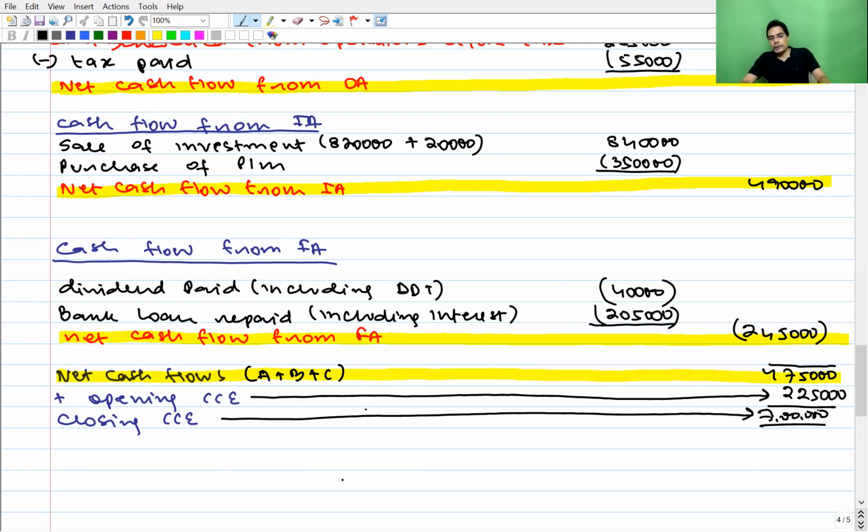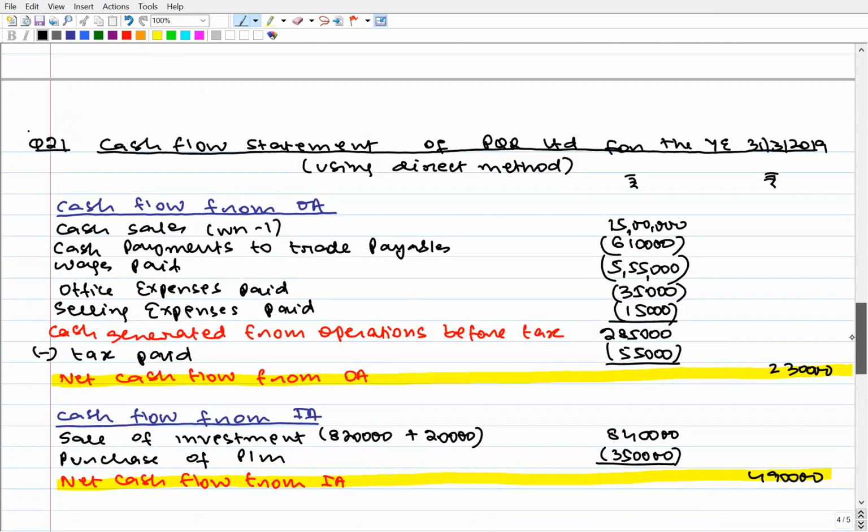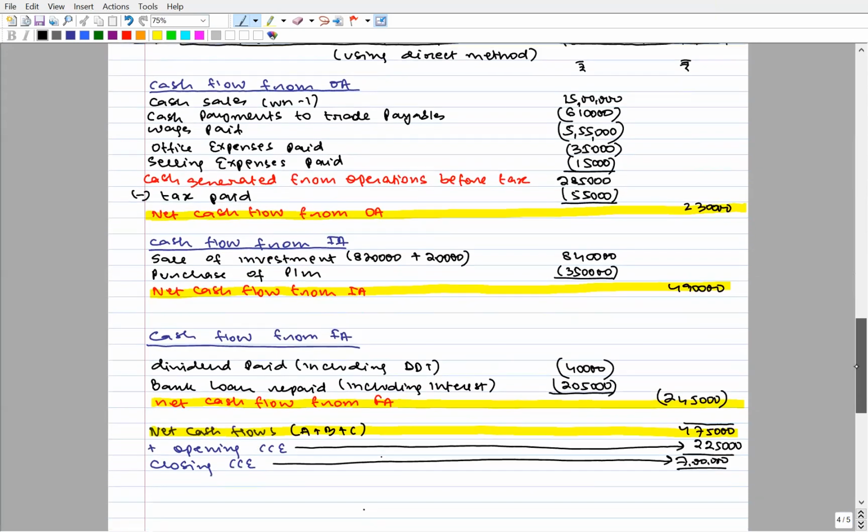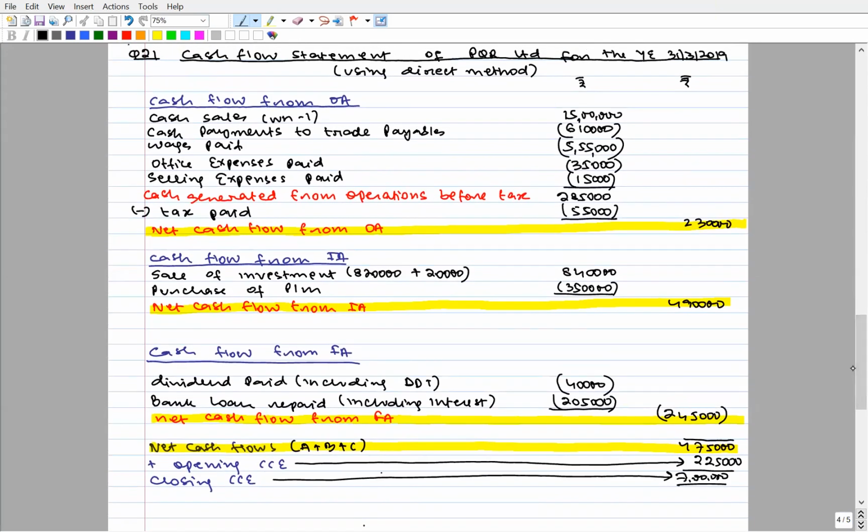So first, I want you to copy the cash flow statement under direct method. Then we will solve the second requirement of the question. In the second requirement, they have not asked us to prepare the entire cash flow statement again, naturally, because if they asked us to prepare the entire cash flow statement, then IA and FA will be the same. The only difference will be in OA. So they have asked only OA under indirect method. But before that, copy. I will wait on every page for around 5 to 10 seconds so that you can pause it and copy. Oh, only one page is involved.